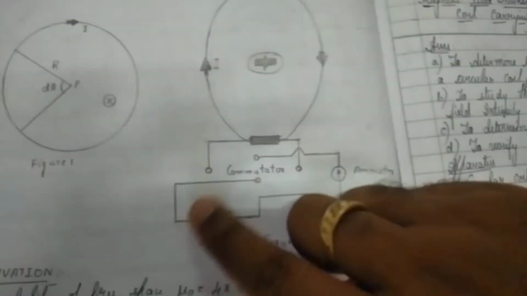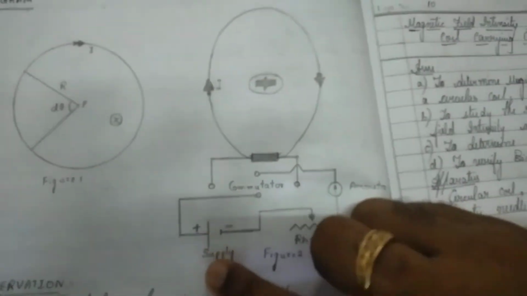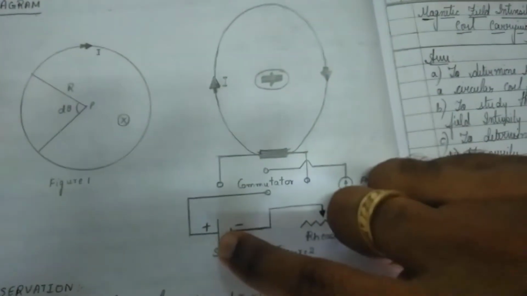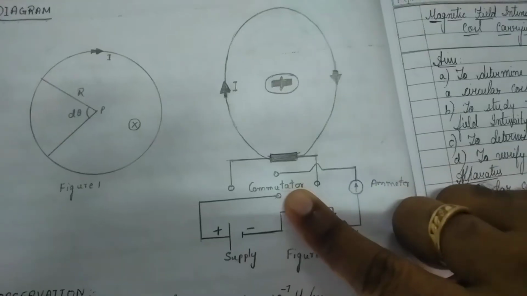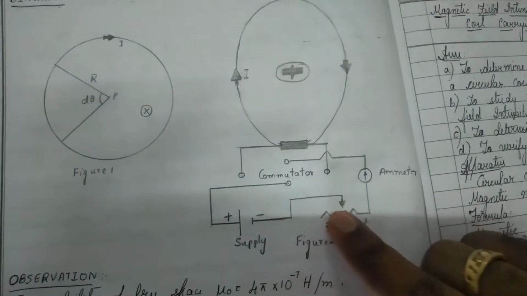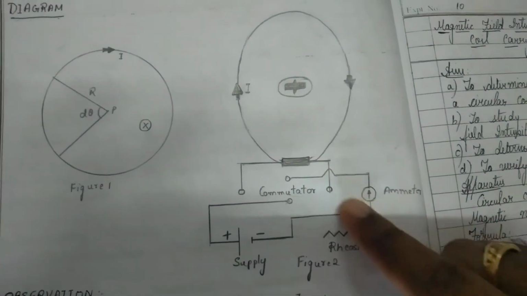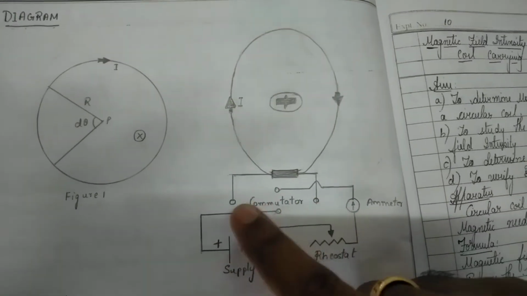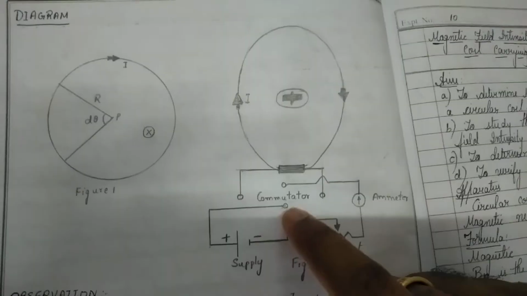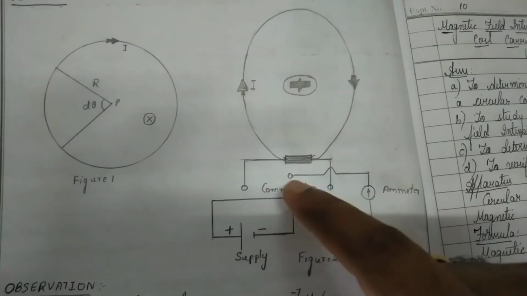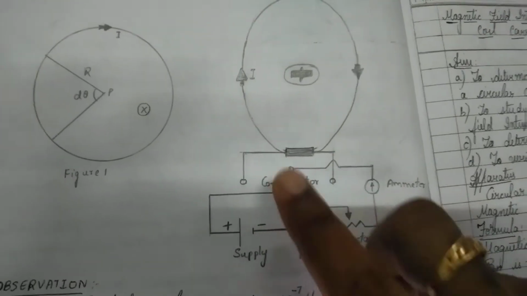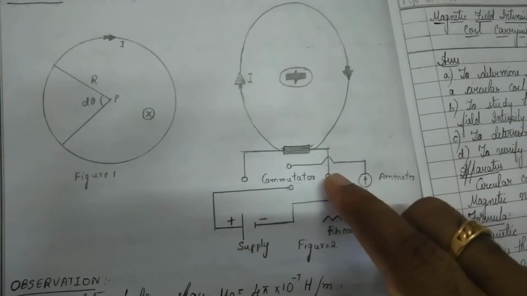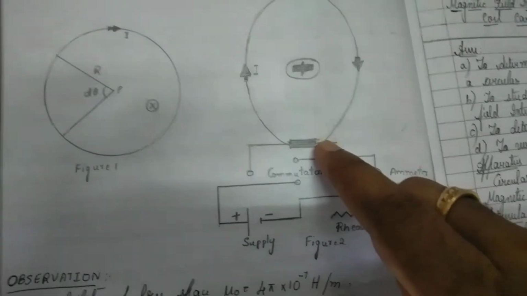You can see here the battery supply. From the battery supply positive side, so you can see the commutators. From the battery positive, it goes to one end of the commutator. From the battery negative, it goes via rheostat, goes to the ammeter and then joins to the other end of the commutator. So the opposite sides, you connect it one end of the battery and other end of the battery to the other side of the commutator, and these two sides, one end you connect it to the circular coil and other end of the commutator is given to the other end of the circular coil.